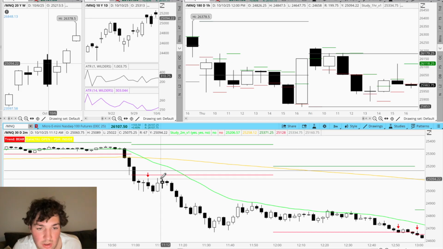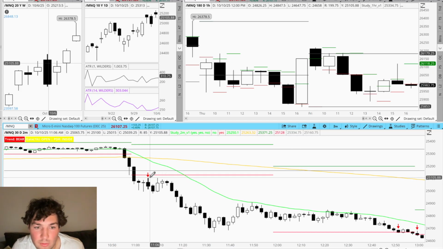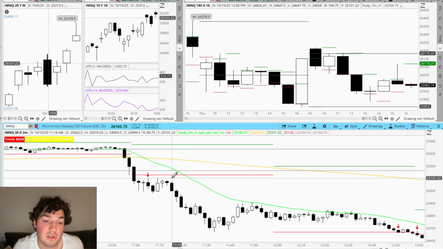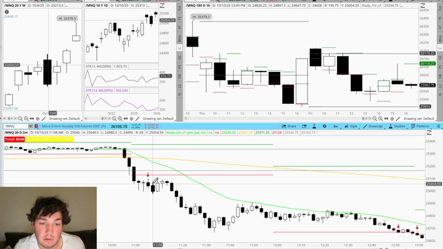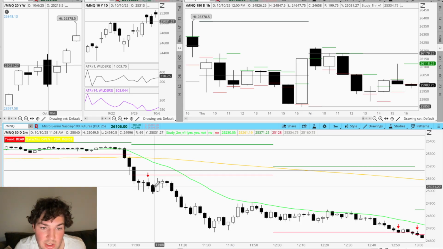See, this one's really tricky because where would I have put my stop loss? Do I put it right behind the bar? Because if I would have, I would have gotten stopped out by this. But if I would have put it up here, a couple points off the bar, I wouldn't have got stopped out. So it's tricky. Or actually, no, it's not, because one of my rules is when the first bar closes past my entry level, I automatically move my stop loss up. So I would have lost on this trade